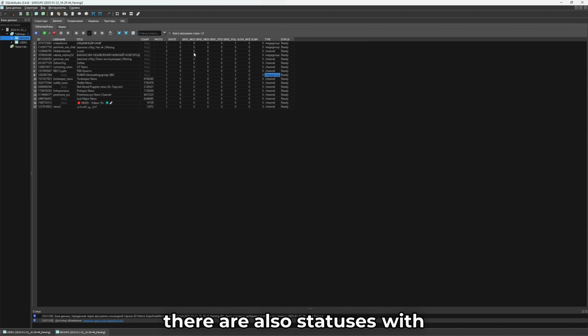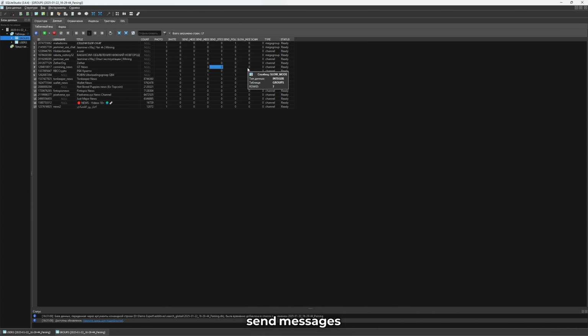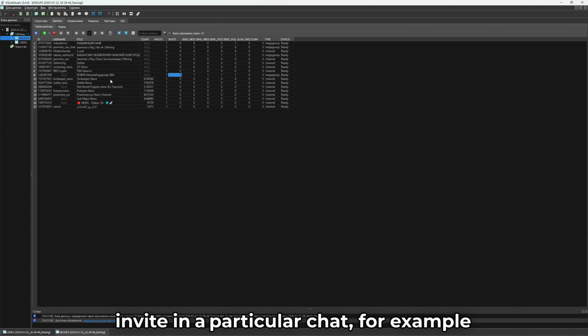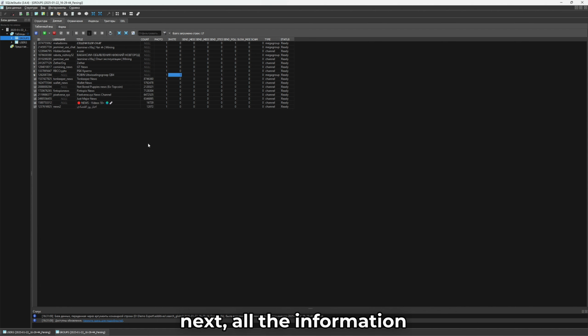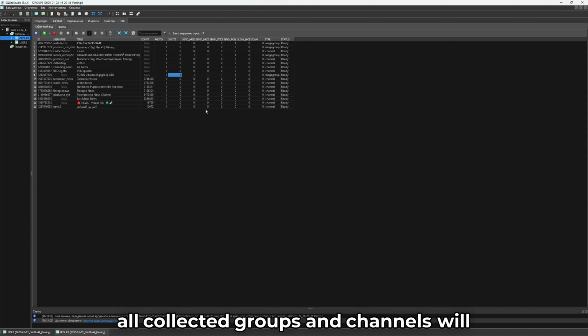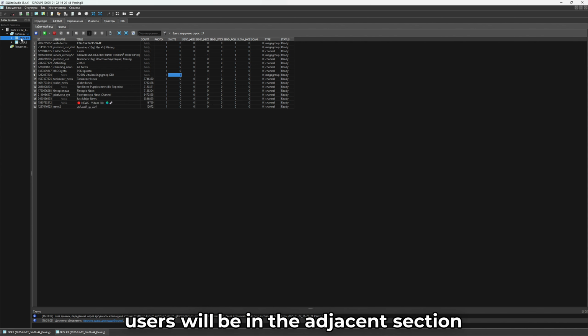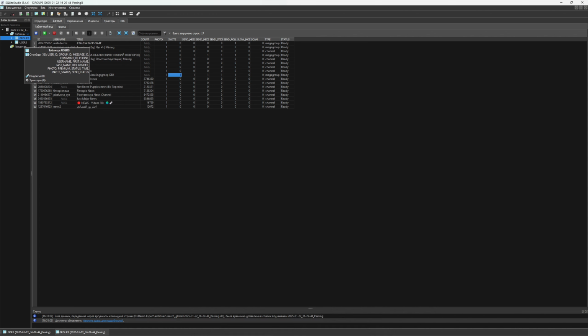There are also statuses with capabilities. It indicates whether it's possible to send messages, send media, or if there is an option to invite in a particular chat. For example, all the information, all collected groups and channels will be in this section. Users will be in the adjacent section.